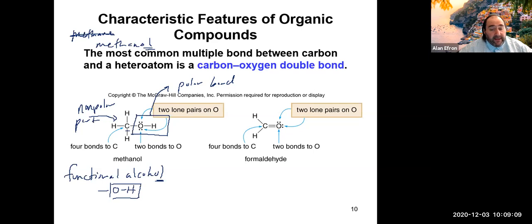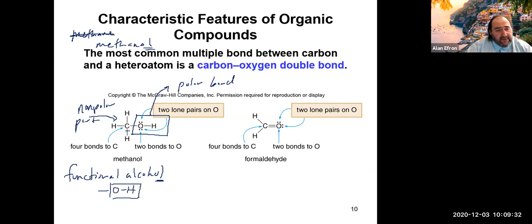The alcohol here can participate in hydrogen bonding because of that OH group, and it does make it fairly soluble in something like water. So as we replace some of these hydrogens in these organic compounds with other functional groups, sometimes we actually gain some ability to do different things, like hydrogen bond,